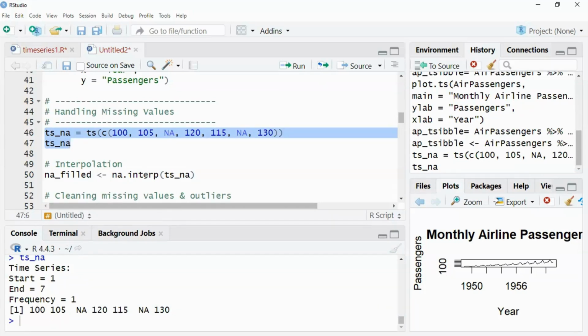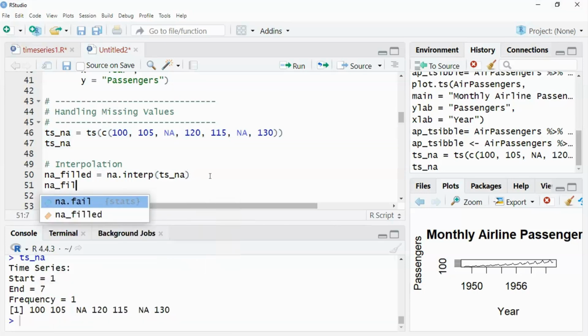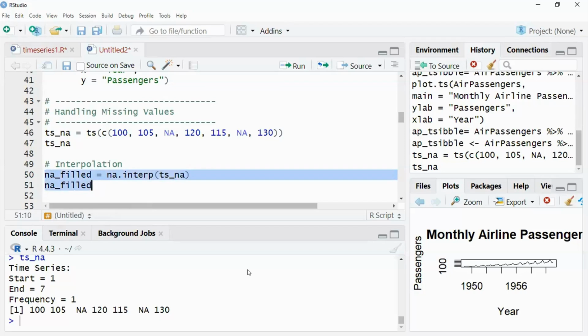Now I am using an interpolation technique for removing these missing values. For that there is one method, na.interp. This method removes the missing values and fills the NA with new values. So if I write here, this is just for printing. If I write here and run,